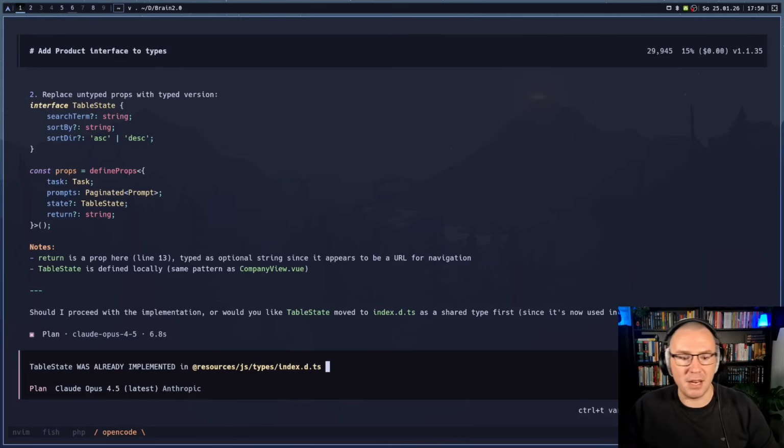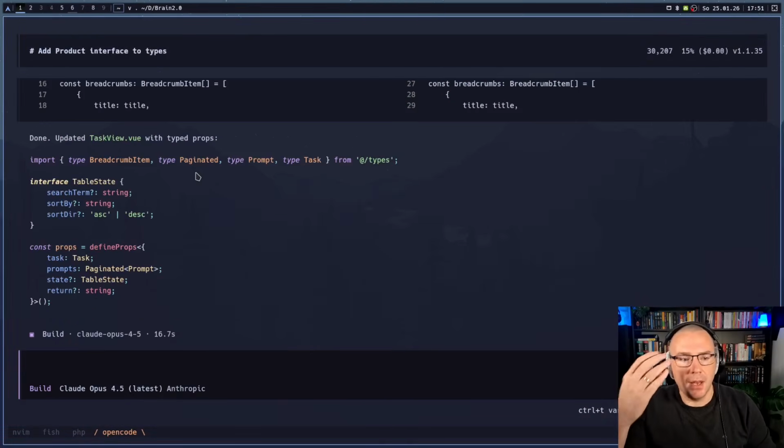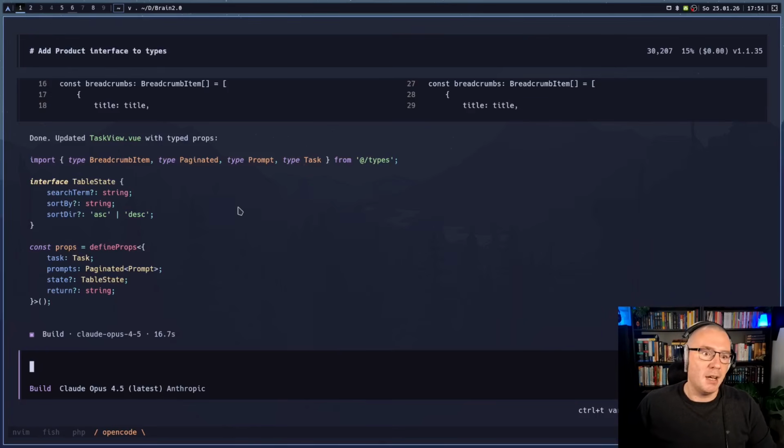Okay, it's in plan mode. Let us test it. I'm just going to tell it to do it, but only this. And let's see what it does. Yeah, it did exactly what I feared. It's even in the context, man. It's even in the context, and we have like 15% of context left. Why would you implement the table state a third time, although you just know that it is in the global types? It even implemented paginated, prompt, and task from types, but it didn't think of implementing the interface table state. I mean,